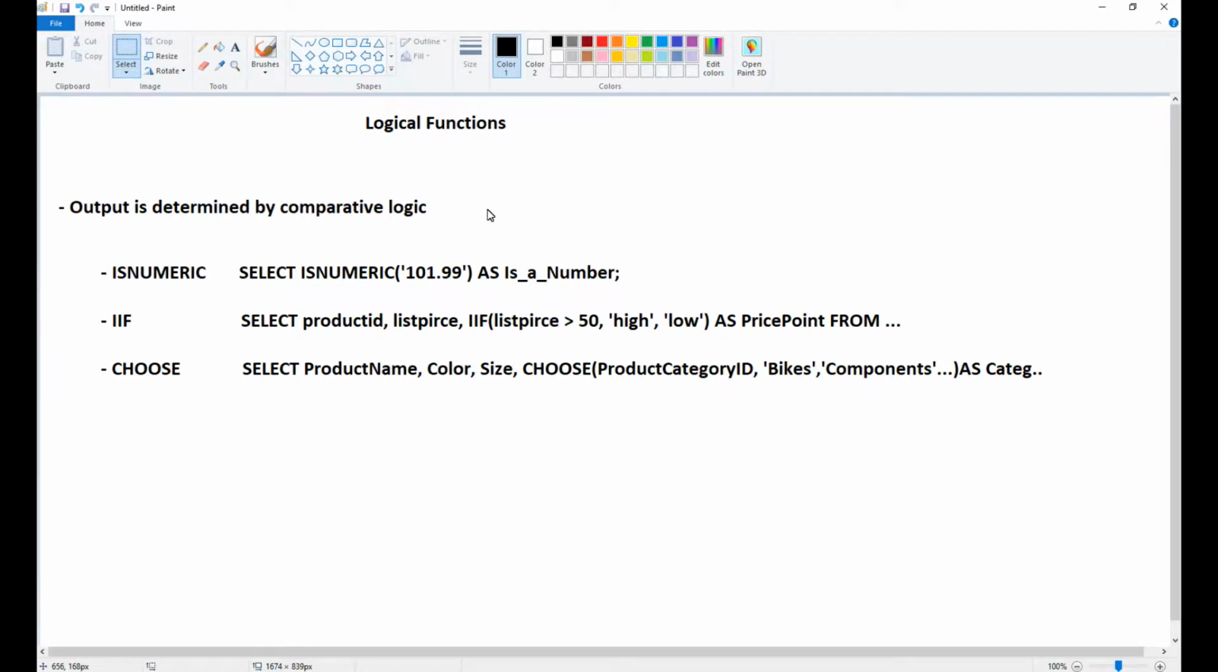Okay, so the next thing that I'm going to be covering in SQL functions is logical functions. The outputs in these types of functions are determined by comparative logic. The three functions that I'm going to be covering are ISNUMERIC, which checks if the number is numeric, IF, which checks a certain criteria and then can return a word instead, and then CHOOSE,